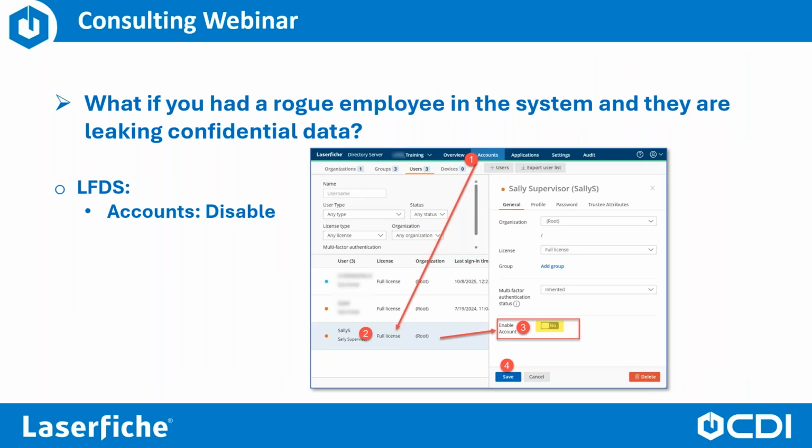And if they're not one of those two and they're using a repository account, which would be used in typically United or Teams environments, again, an older licensing model, disabling the account is just a checkbox on their account. All right, so some methods there that can prevent a user from doing further leaks if you want to prevent them from logging into Laserfiche.